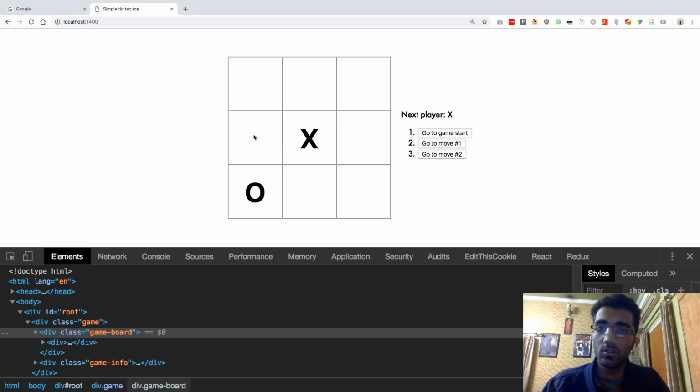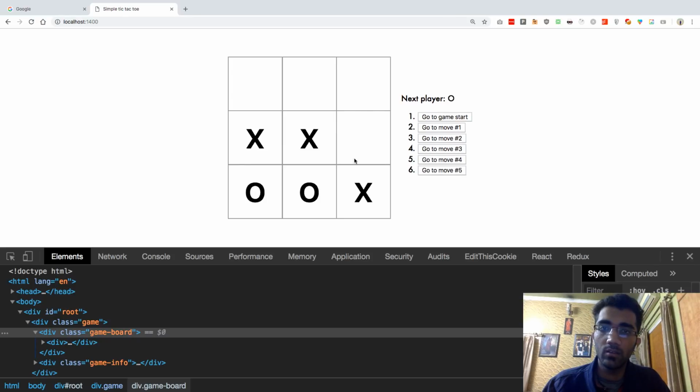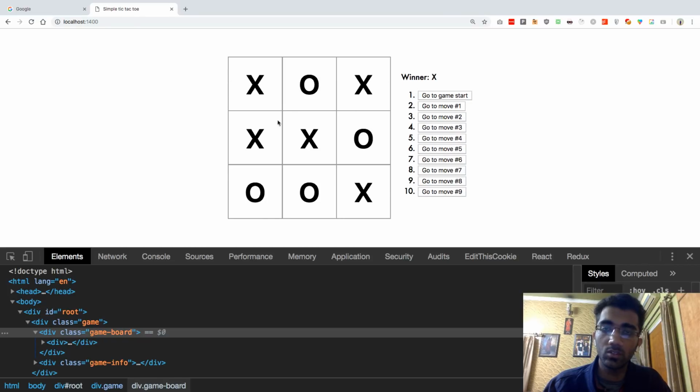Which basically you can play. So I want X to win. So there you go. You see the winner is X because we did a diagonal, right? So now what we can do is basically say that